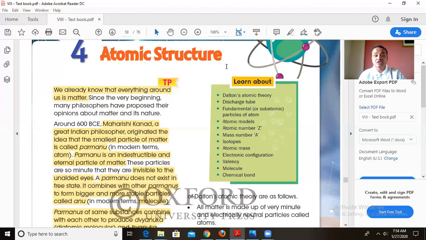Then we are going to see how atoms combine together to form different molecules, and the way by which they combine. That is chemical bonding taking place, so we need to study chemical bonding also. So this was about why we are going to study, what we are going to study, and how we are going to study. To study this chapter, we are going to use the textbook provided by the board. Then we are going to see different videos available on YouTube. Then we can take different examples from our day-to-day life. All these concepts can be used to study this part.